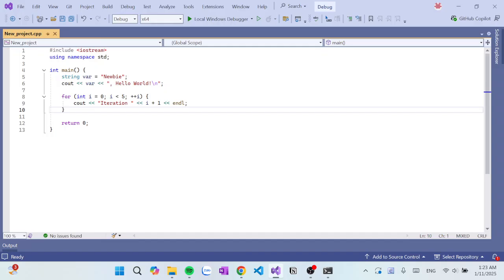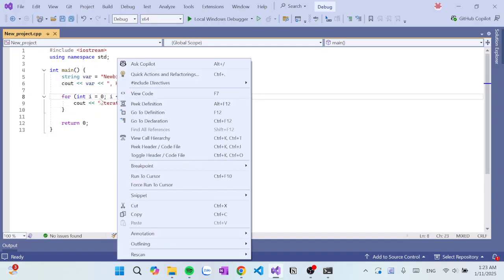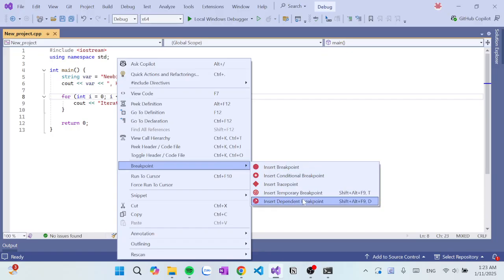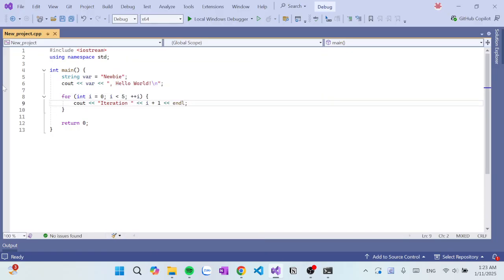Now we're coming to the last special type of breakpoint, which is dependent breakpoints. So let's say I create a breakpoint here, and then also a dependent breakpoint here.